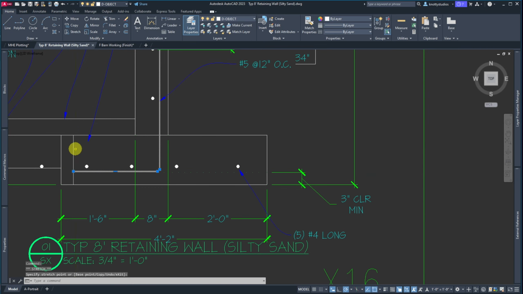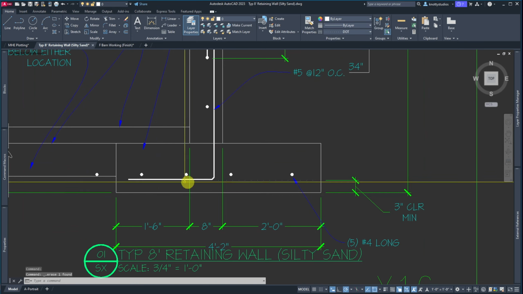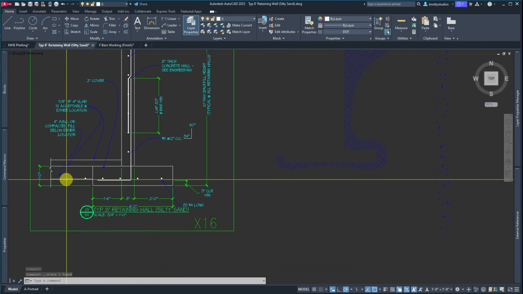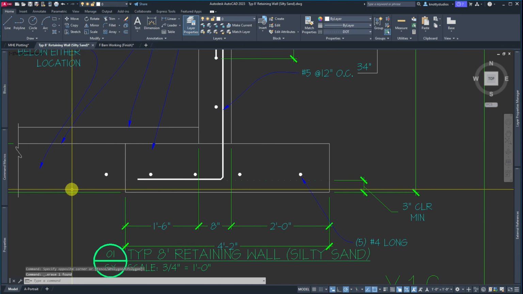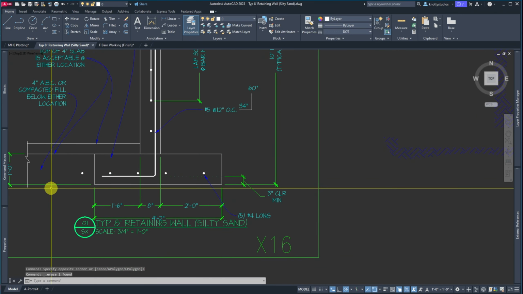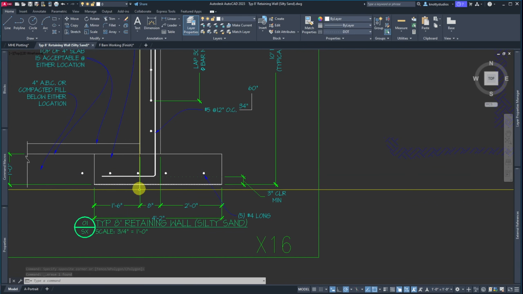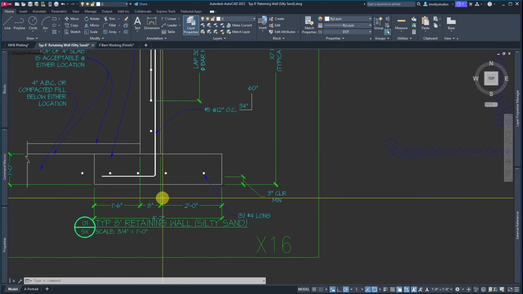So this is bringing it back to that 3-inch clear that we needed. So now I can get rid of this line. And we're already 3 inches clear off the bottom, so this isn't doing us much good. So we can delete that. We might bring a line of some type back in when we do the soil and stuff, but that will